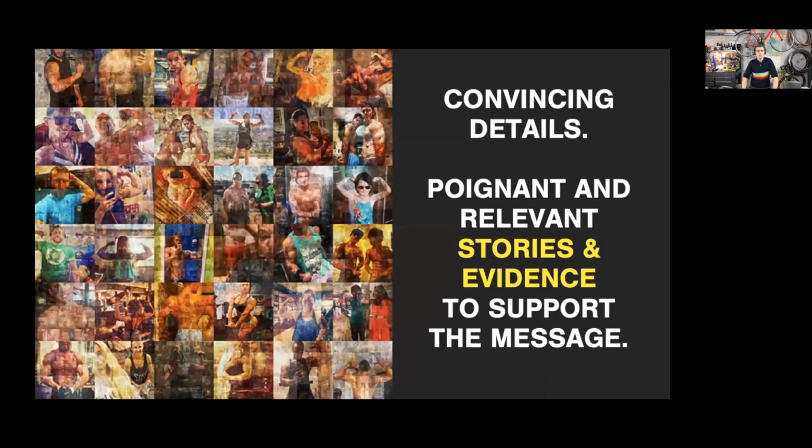And this slide goes hand in hand with the convincing details. So you have your story, you have your narrative, you have your concept. And now this is where the audience comes in. Look at your concept. Think about the audience. Okay, so it's going to be professionals. It's going to be the client.